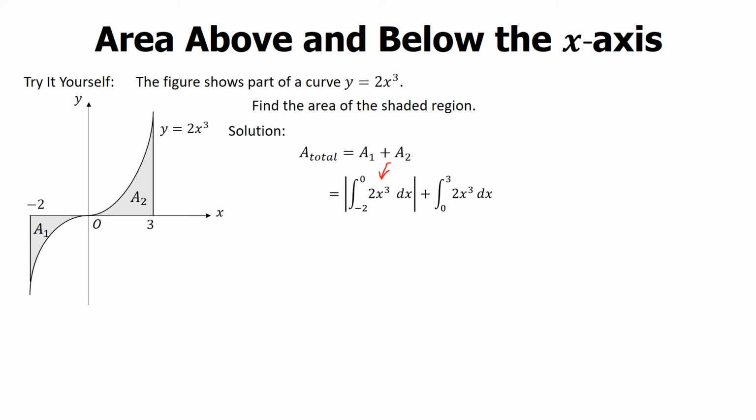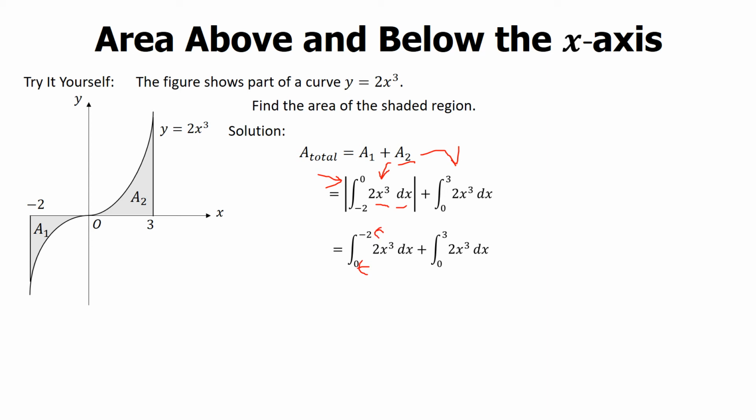So for A1, it is modulus integration from negative 2 to 0, 2x cubed dx. For A2, it's just integration from 0 to 3, 2x cubed dx. So this is another way we can do if you don't like to manage the modulus sign here, by switching negative 2 and 0 to integration from 0 to negative 2. So we get integration from 0 to negative 2, 2x cubed dx, plus integration from 0 to 3, 2x cubed dx,